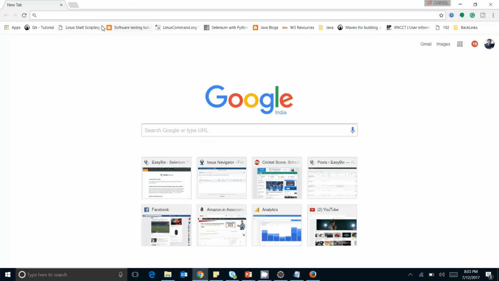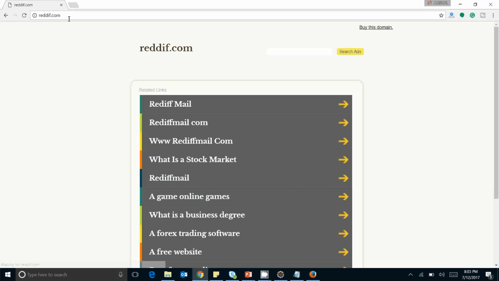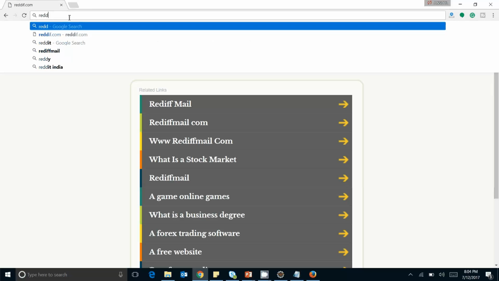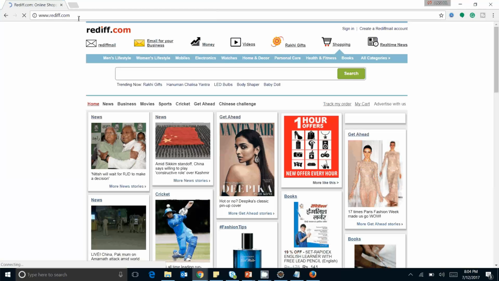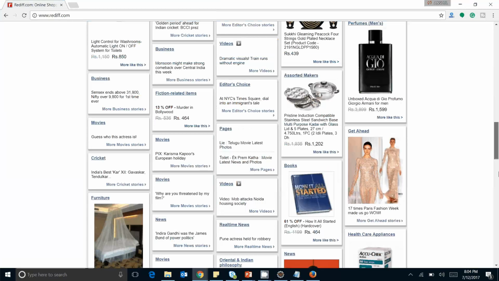Is it rediff.com? Let me verify the URL. Is it working or not? Yeah, no, I think I'm making a mistake. It's rediff.com. Yeah, it's rediff.com. So let's find out all the available links or the broken links on this page,